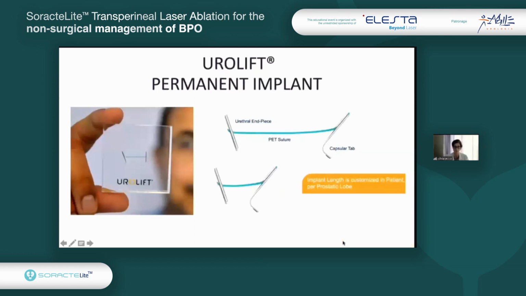This is the permanent implant, the most important part of the Urolift system. It's a PET suture with 2 pieces at the end: one on the urethral side and one on the capsular side. Both of them, the urethral and the capsular pieces, are stainless steel, so there's no problem for the patient. And the length of the suture is